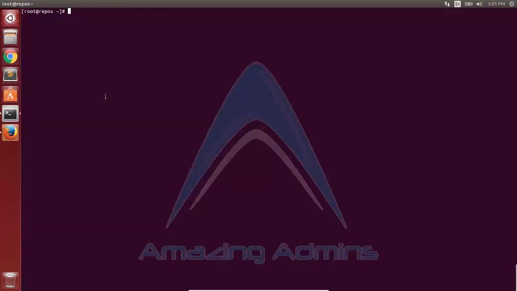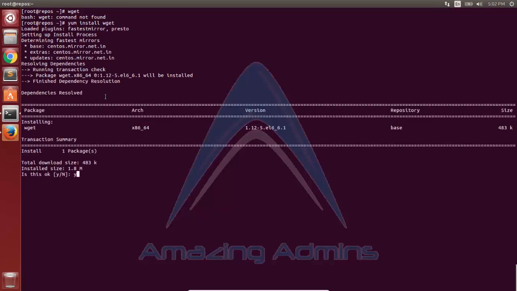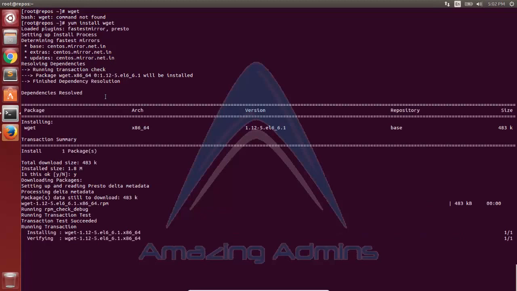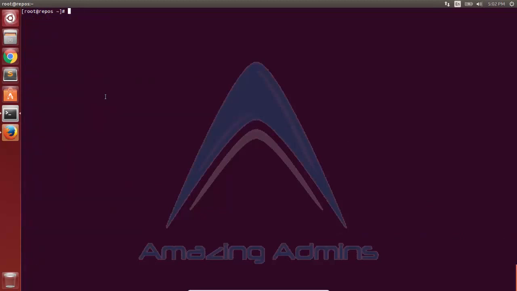download it. For downloading I'll be using wget. As you see, wget is not installed, so I'll install wget using yum. Once that is over, I'll begin downloading Ambari's tar, and I'm typing in -b so that the download will start in the background. If you want to see the current progress of the download, you can just explore the wget log file.